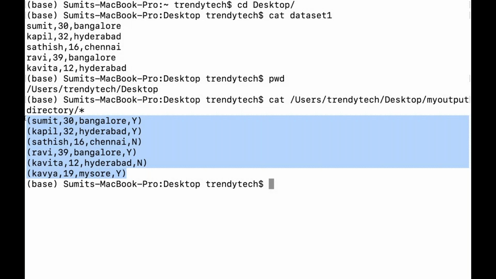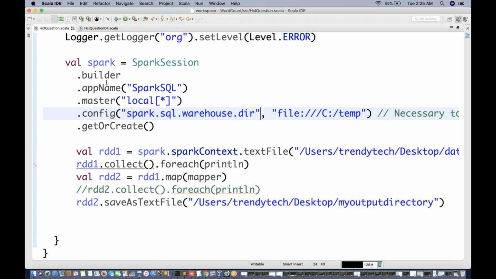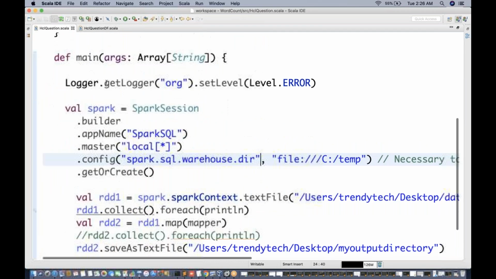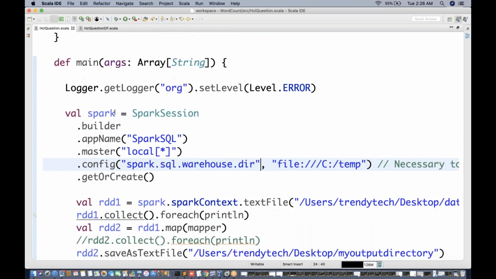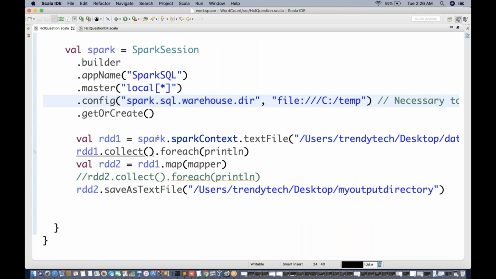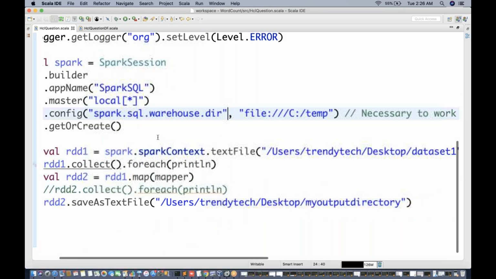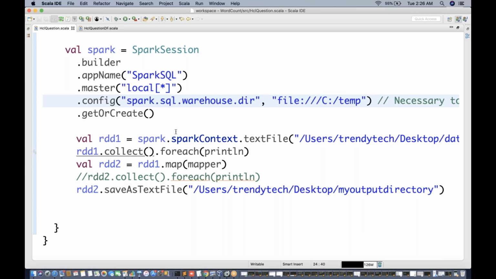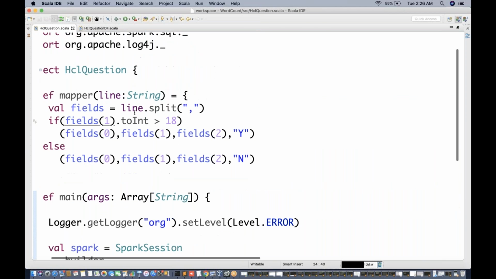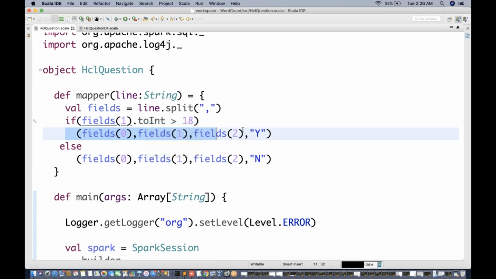Again, I will just show you what we have done. We created a Spark session and then we loaded the base RDD. After that, we applied a map transformation on each row, where we have the logic that if age is greater than 18, we return this tuple of 4, otherwise return this tuple of 4, right?